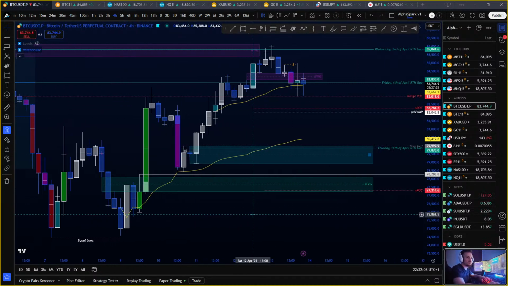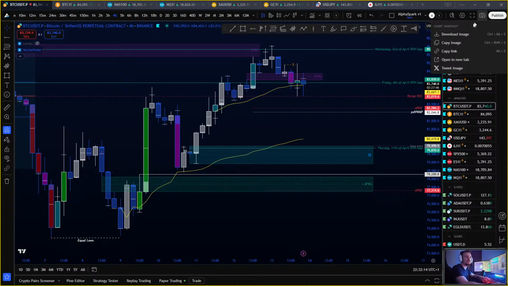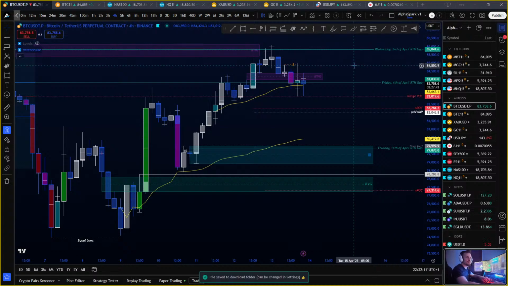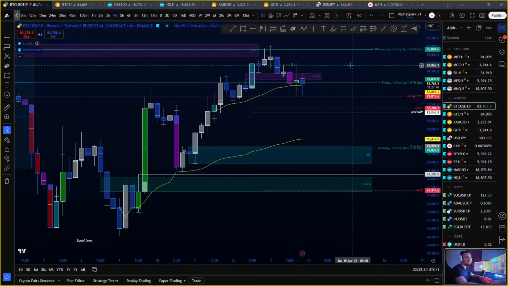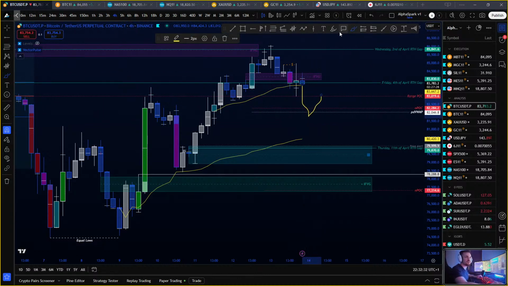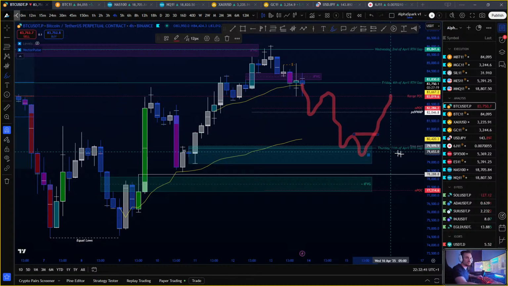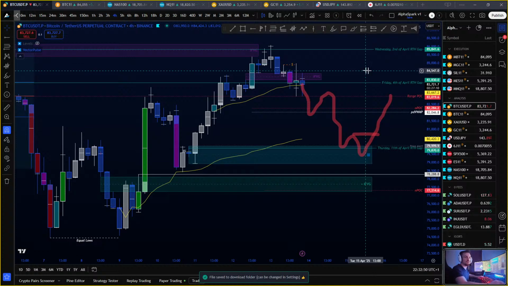So if you wanna pause, now's the time. I am going to post this on the group anyway. Okay, and I guess this is it. So these are the levels that I'm looking into in terms of price action. Not wanting to be predicting stuff, to be honest, but I would say something like this. This is what I would like to see. A double reaction here with a div here would be ideal. So let me download that,